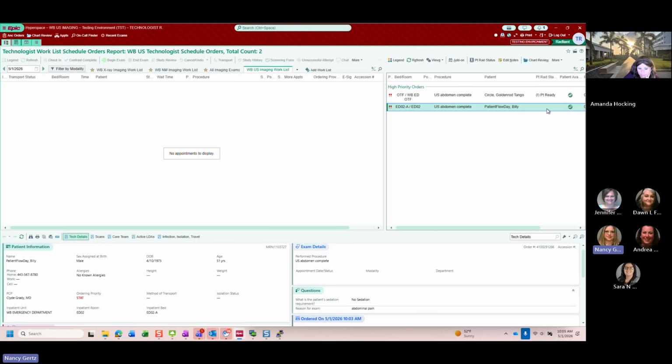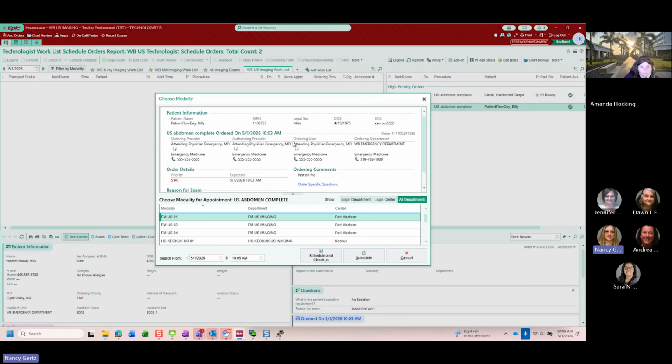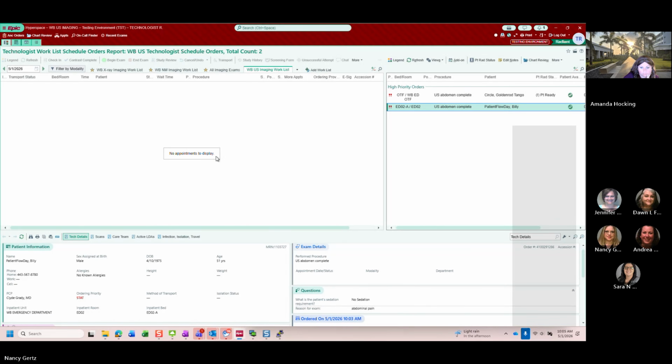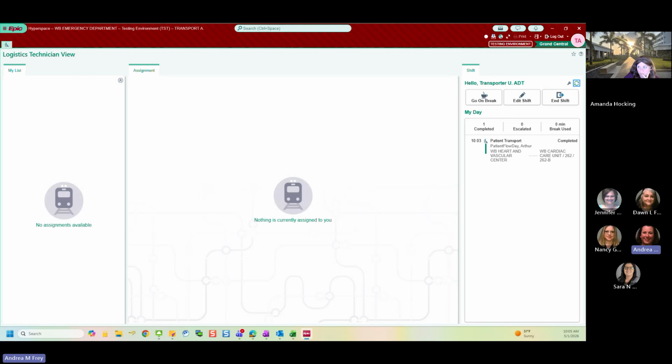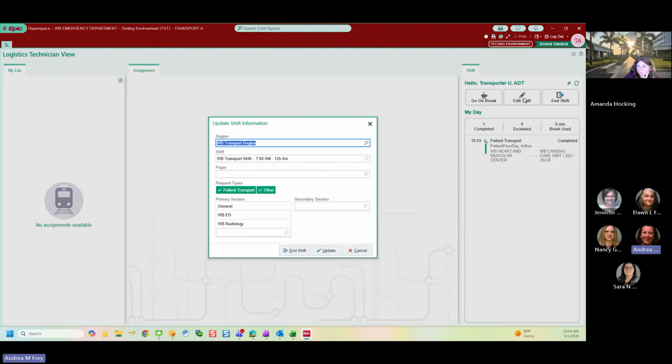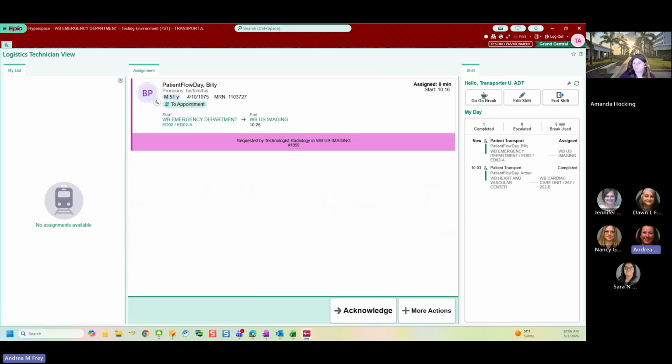On the ED side, so I'll now add it to my tech work list and request transport since I'm ready for Billy's exam. All right, so I'm not seeing the transport request. There we go. All right, I am the transport technician, and I work within the radiology sector using my Rover device